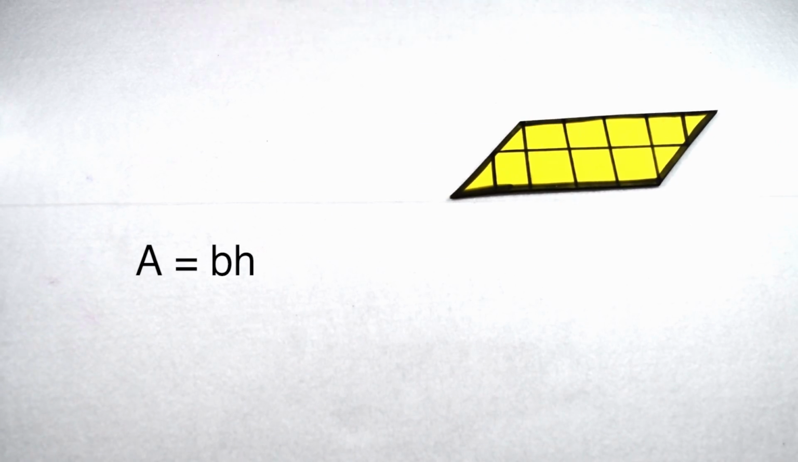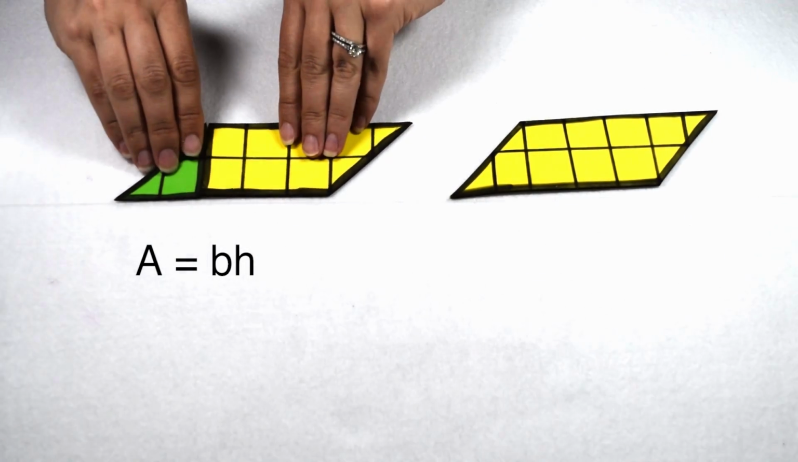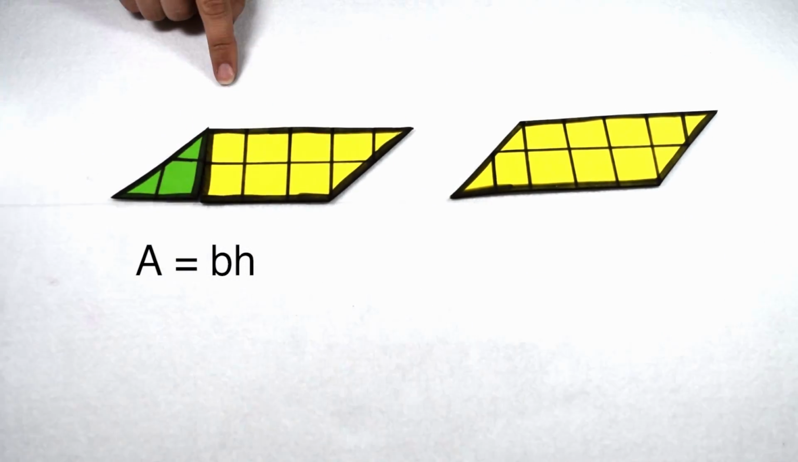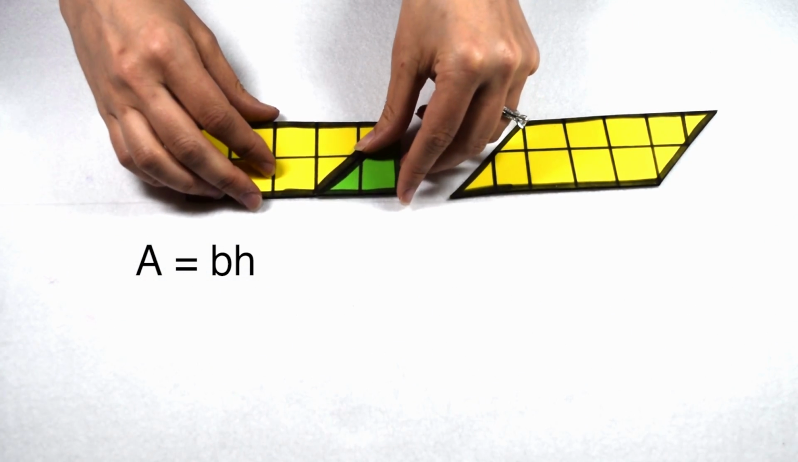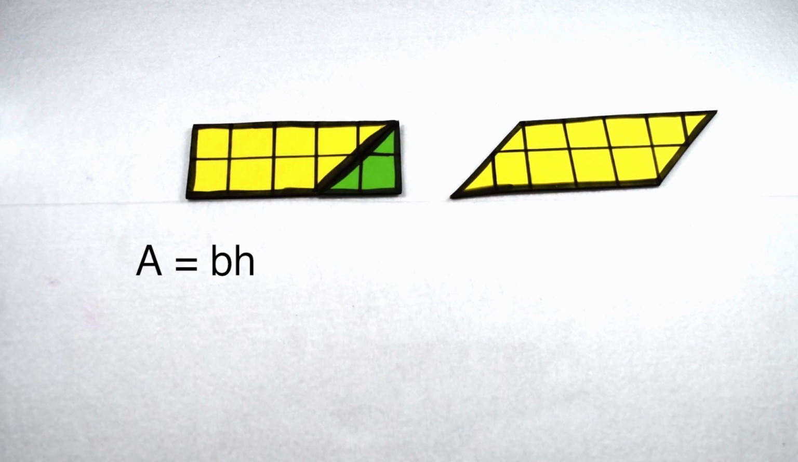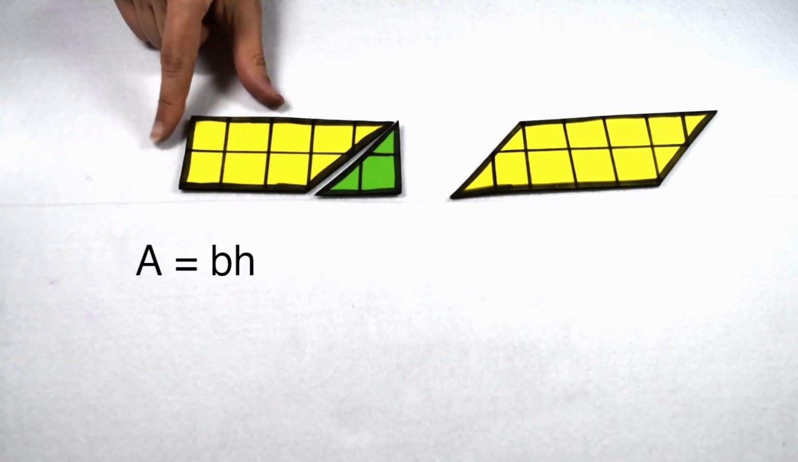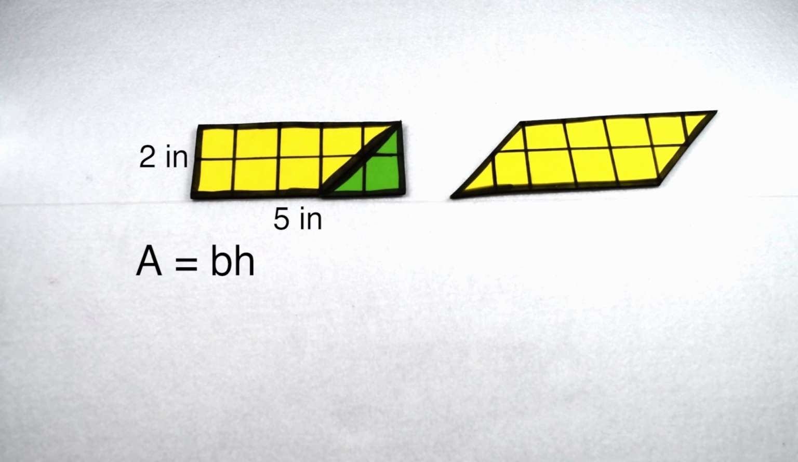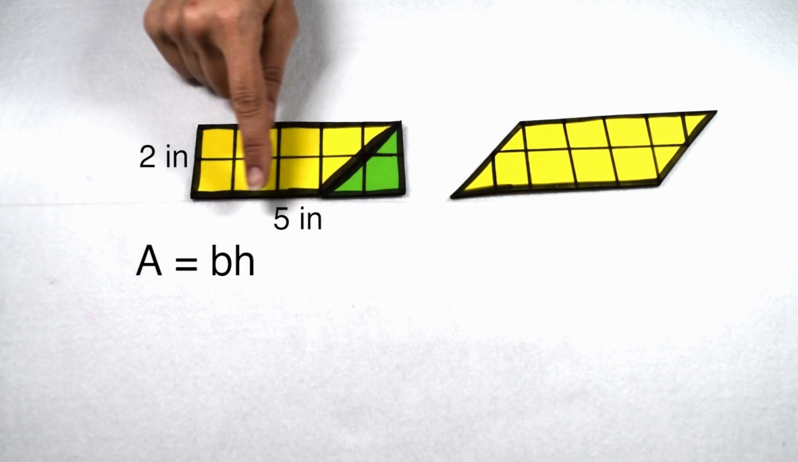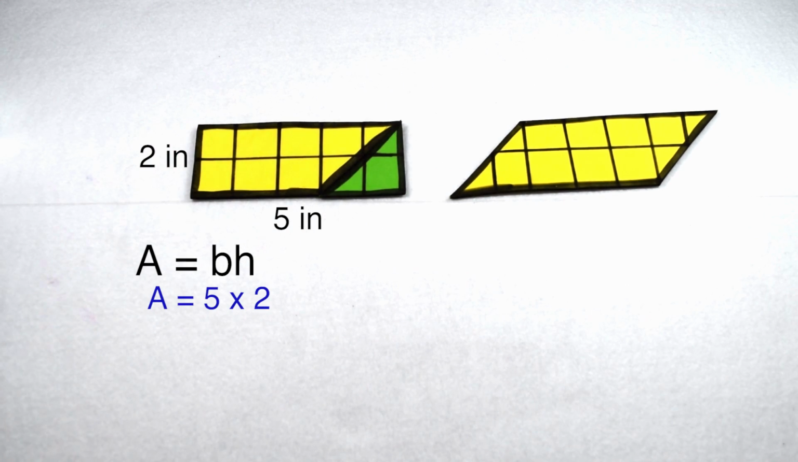I'm going to take my parallelogram and cut it apart along the height. I can then take this piece, slide it over, and attach it along the other slanted edge. When I do, this now gives me a rectangle with a base of 5 and a height of 2. I know to find the area of the rectangle, I can multiply 5 by 2 to give me an area of